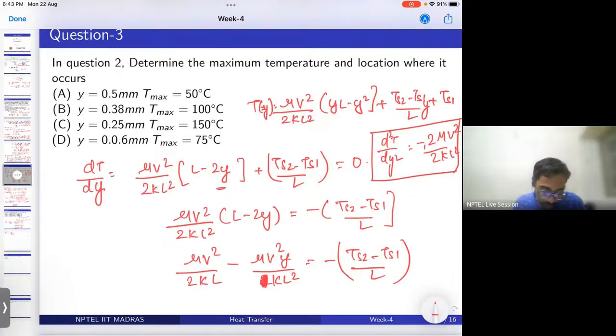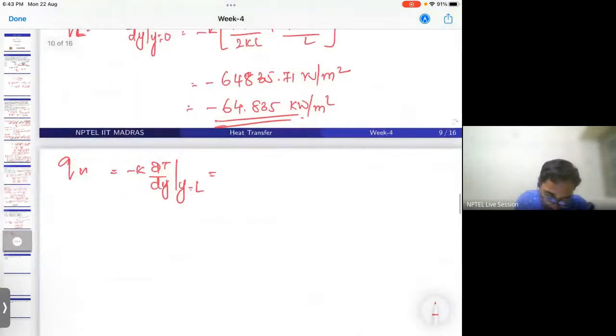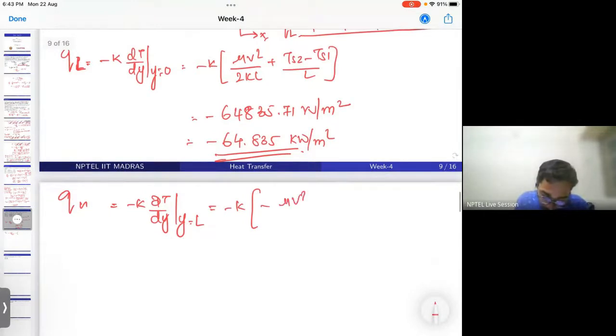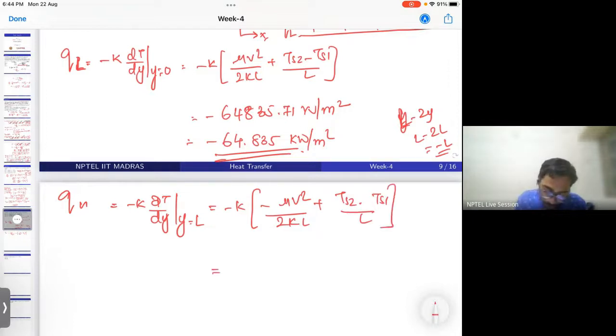Y is equal to L means you will get minus K minus mu VL square divided by 2KL. That is y minus 2y. Sorry, L minus 2y. So L minus 2L is minus L. Plus TS2 minus TS1 by L. So you will get the answer as